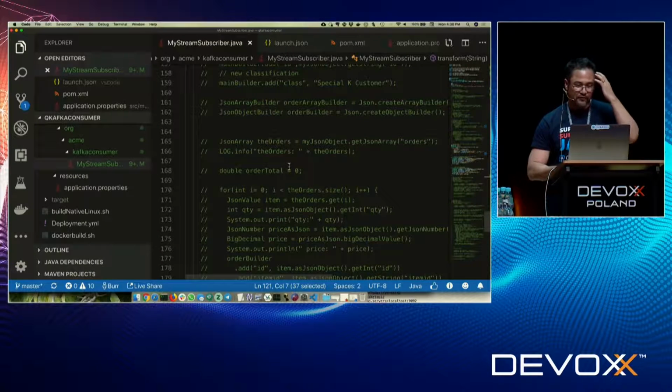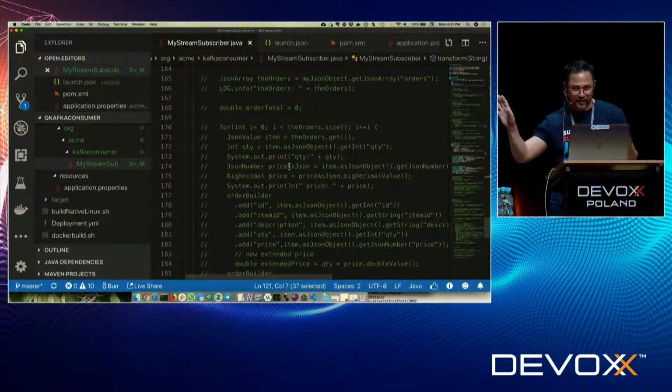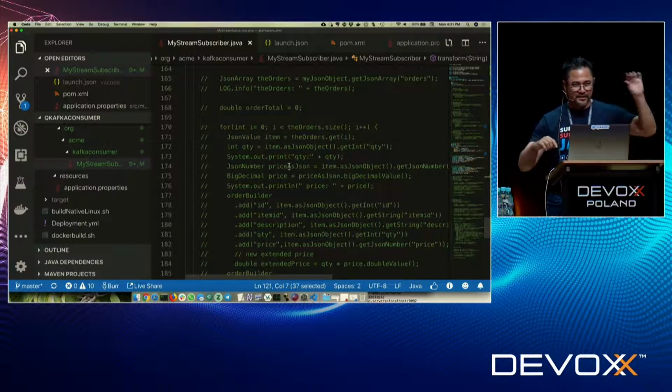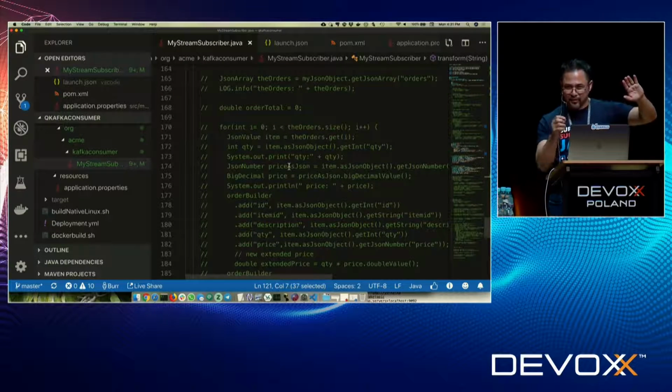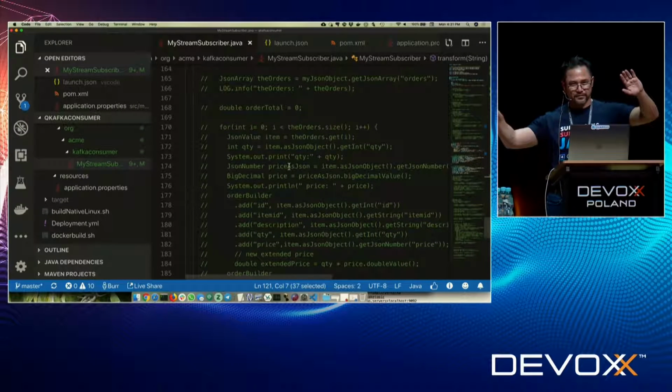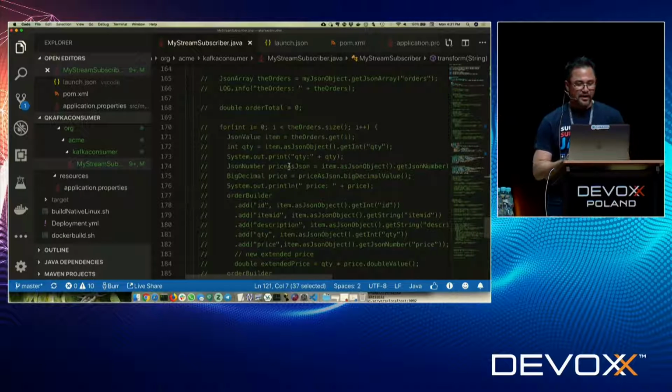In other words, what if I really want the JSON to be fundamentally different on the outbound side than before? If you remember that balloon popping game I showed you earlier, that's exactly what it's doing. It wants to look at every pop, every transaction. But once it's decided it's a bonus or not, that's when the new stream is outputted. A new stream is emitted. So that concept is very powerful, right?